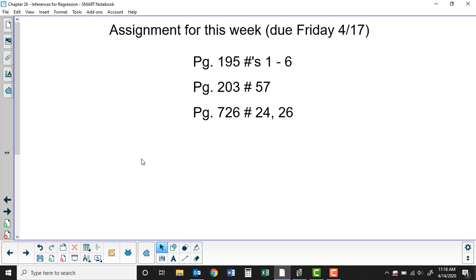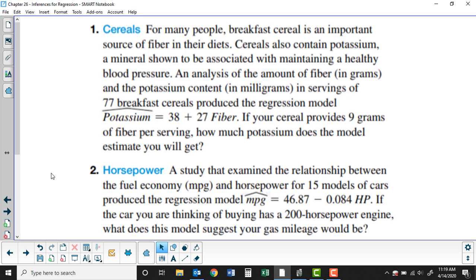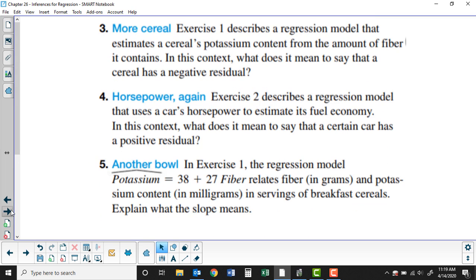The work for this week does bounce all over the book. That's why I'm only giving you guys one assignment this week, not two. So we've got some work from chapter 7 and some work from chapter 26. So I'll go ahead and put those up here on the screen. Yes, this is 6 problems here, 7, 8, 9, but these right here are super fast. So, the first 2 here, again, I'm not going to go through these. You can just pause on this screen. Next 3,